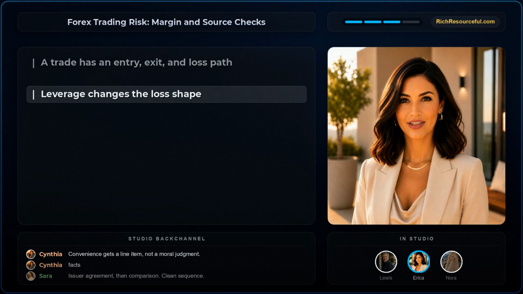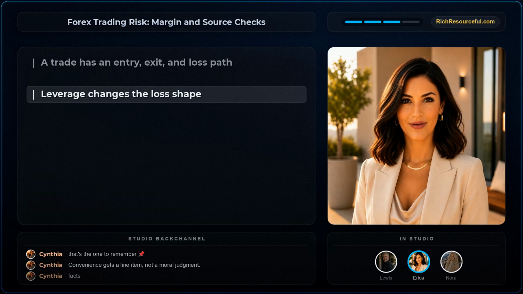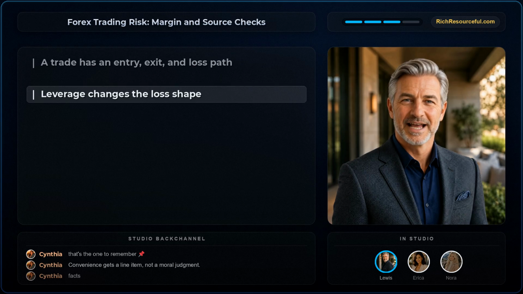The Commodity Futures Trading Commission is direct about the risk. Its Forex fraud advisory says the market is volatile and carries substantial risks, and warns that margin trading can make a person responsible for losses that greatly exceed the dollar amount deposited. That's not a prediction about any one trade. It's the loss shape a viewer must understand before considering a leveraged product. Leverage isn't extra insight, it's extra sensitivity.